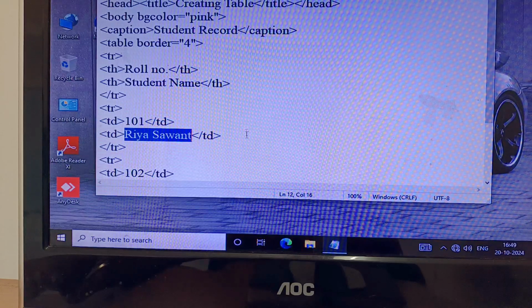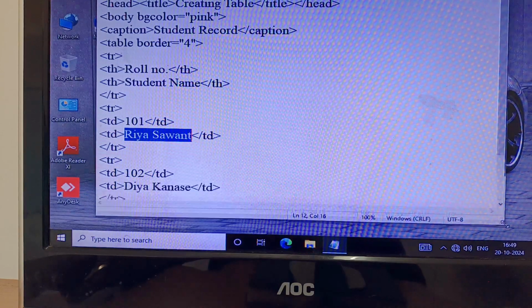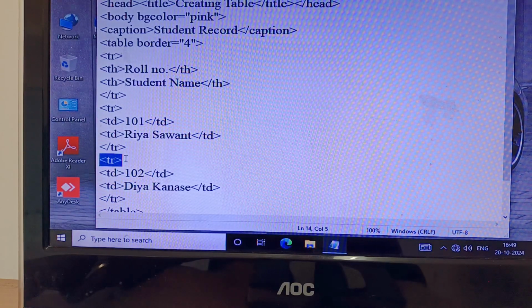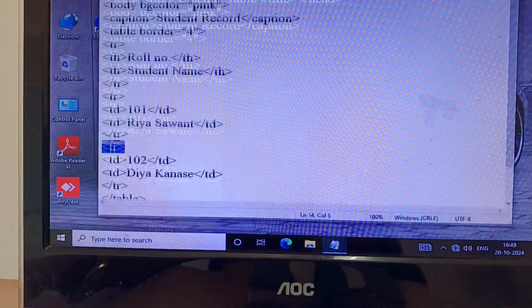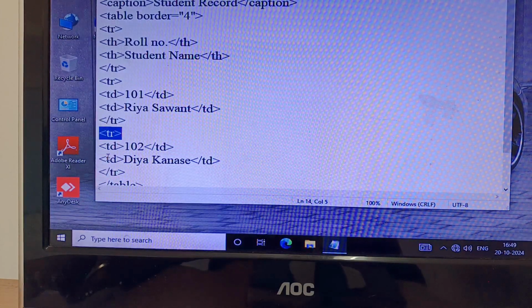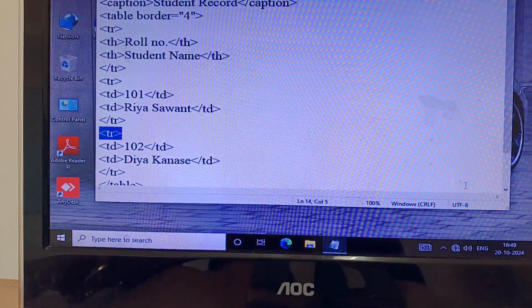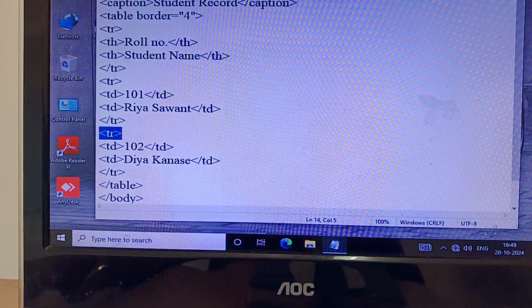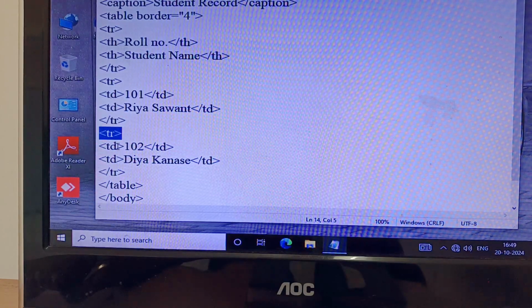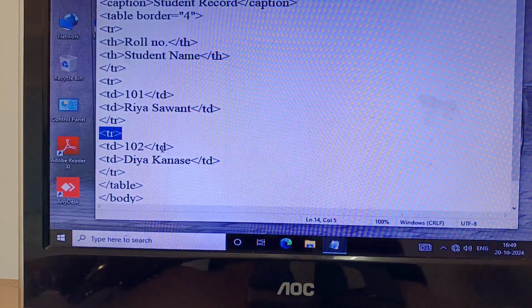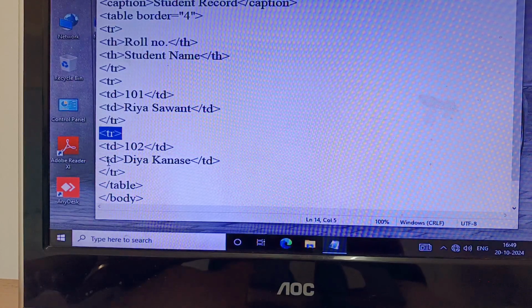Now I have to start the next tr. So here I have started the third tr and then I have started the td tag, for the next student's data. Here td 102 and end of this table data, the td tag.